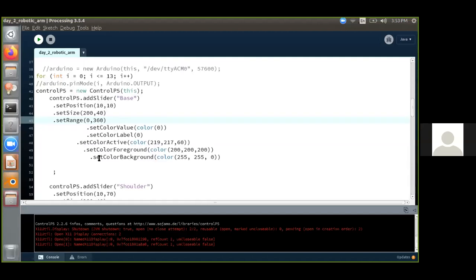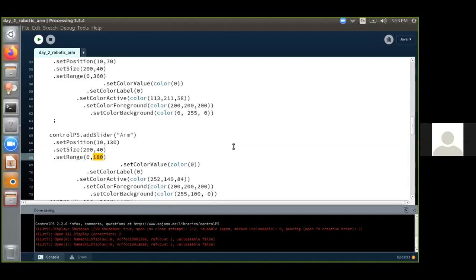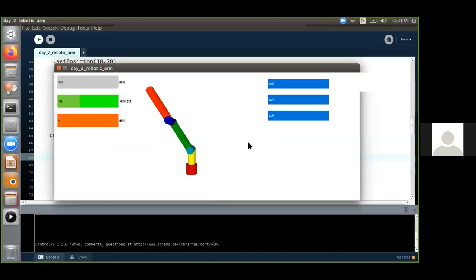And set range for ARM also to 360. Be notified.